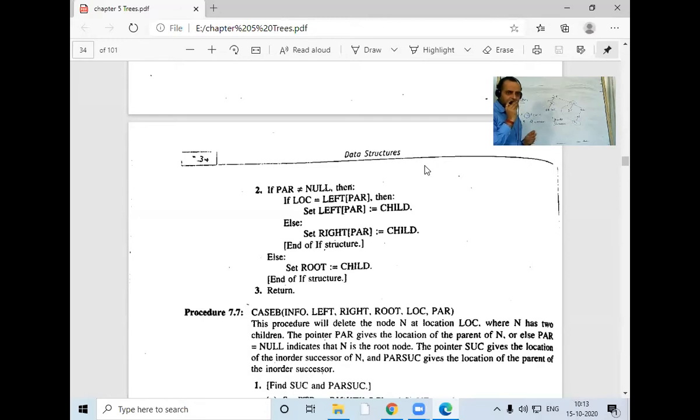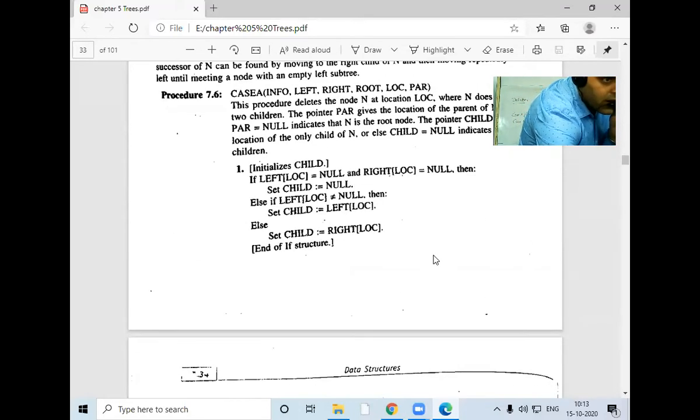Is this clear now? Clear, sir. Everyone, any doubts, please? Because if child value is null, 10's child will be null. Yes or no? Yes, sir. This was the case with 0 child. Hello, you are not audible.